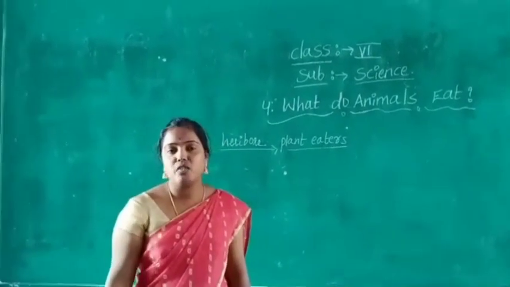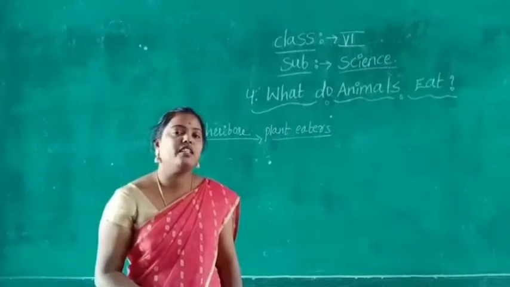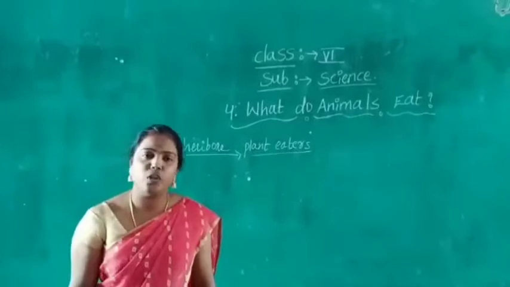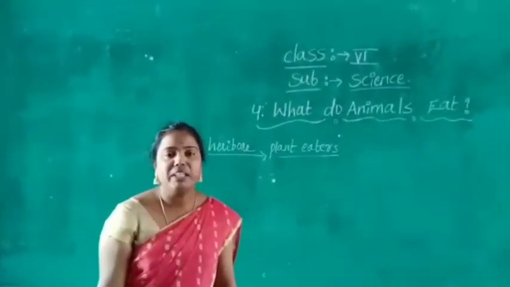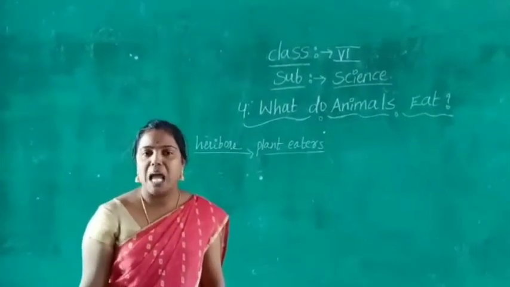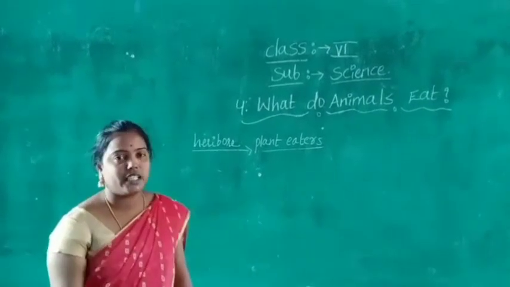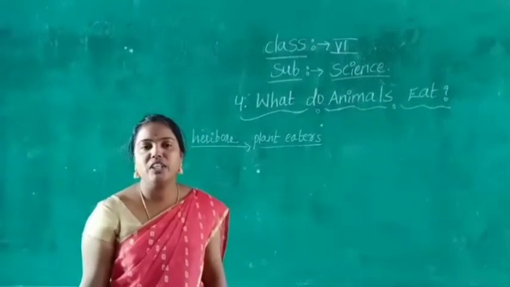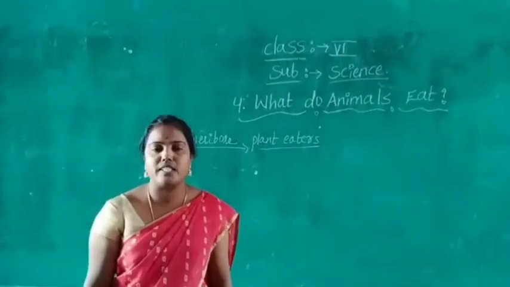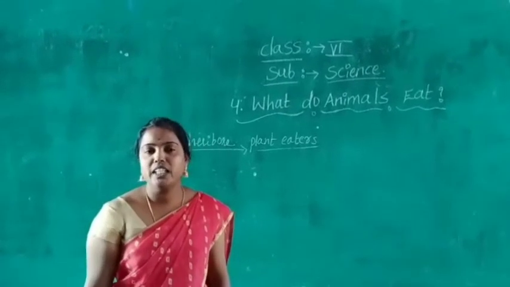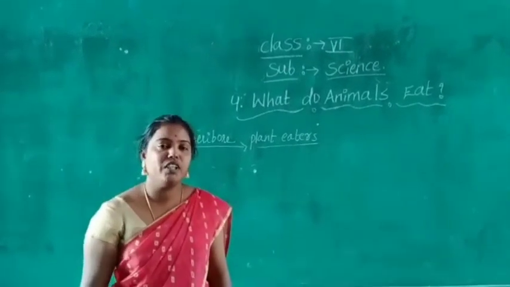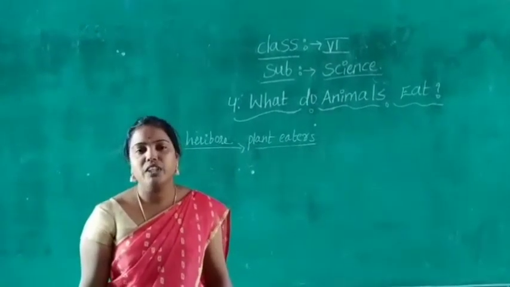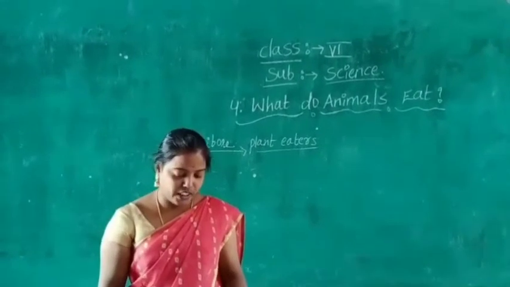The elephant is a very big animal which lives in the forest, and it is a herbivore because it eats only plant-related materials like leaves, branches, vegetables and so on. The size of the elephant is very big, so it takes more food from the forest. Next, the crane fly. When it is small, it takes less food, but when it grows into an adult, it takes a lot of food.